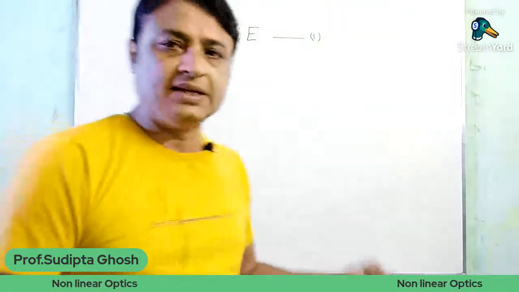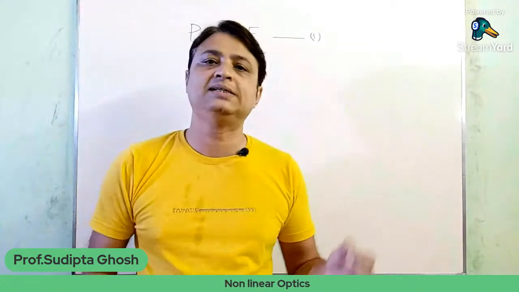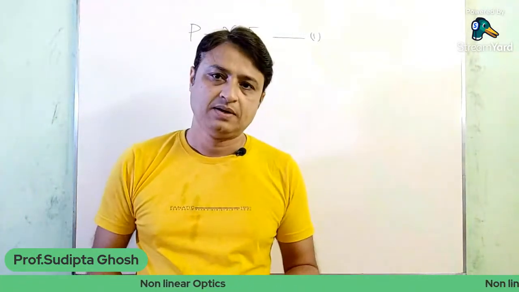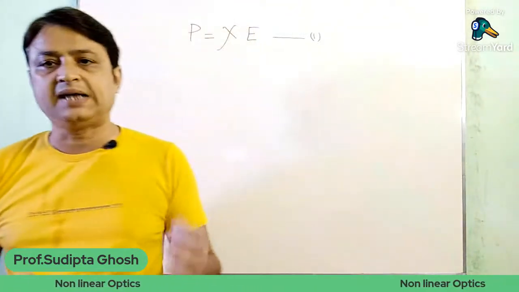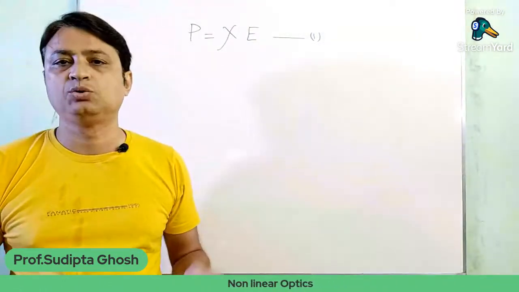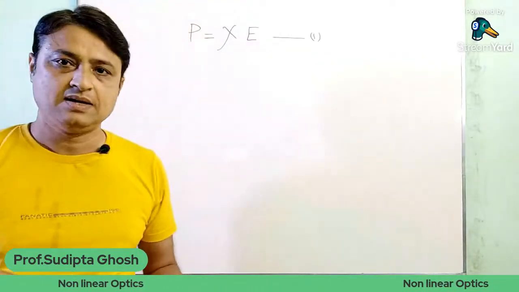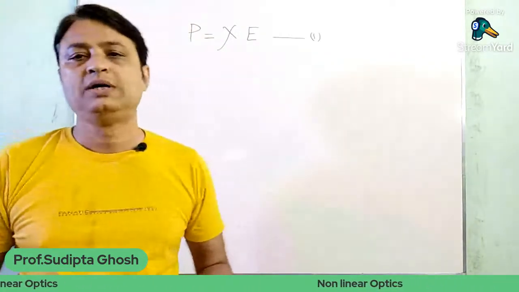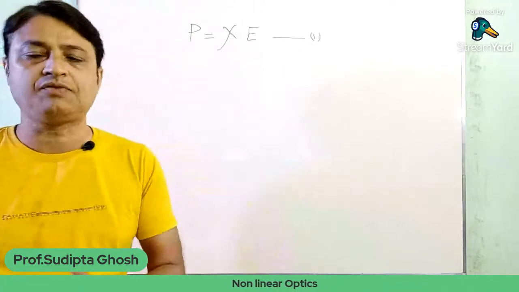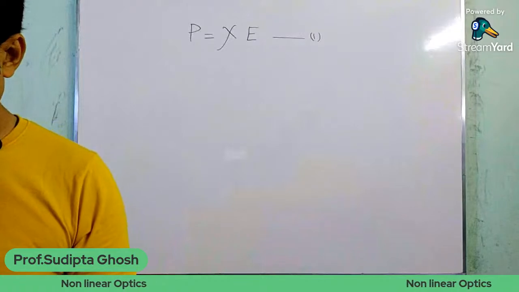Now in this equation, as you can see, equation number 1 is a linear equation, because capital P is directly proportional to the electric field intensity, capital E. As also we know, the refractive index of a material also depends on the